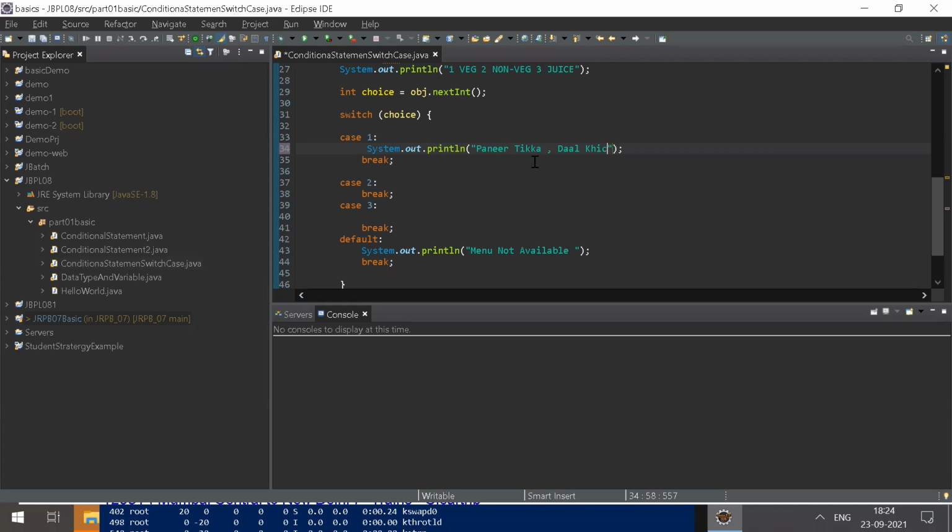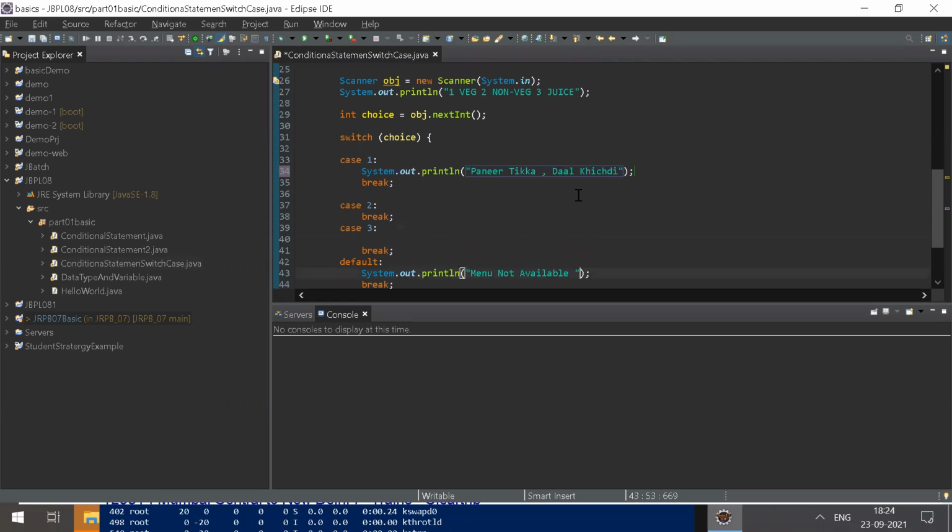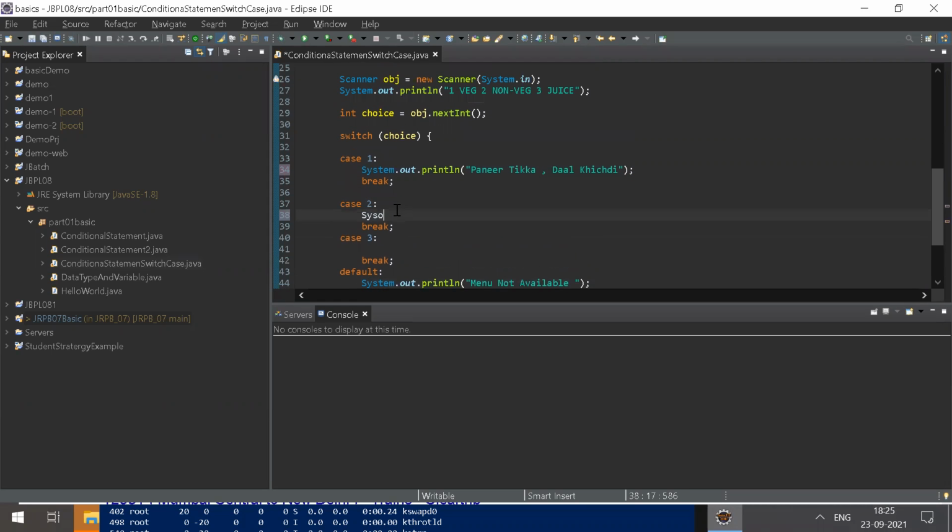It's very lightweight, so it can be digested easily. Second is non-veg. Who can help me here?